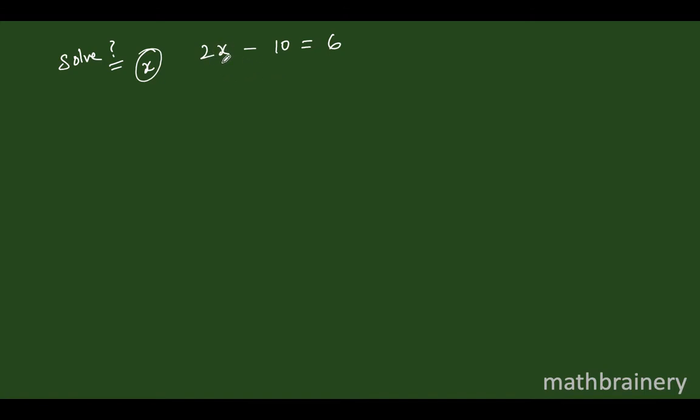Now how do we solve a linear equation? That is, how do we find out the value of this unknown quantity or the variable term involved? We use a logic here, that is, we want to bring all the variable terms on one side and all the constant terms to the other side of the equation. Now to achieve this logic, there are two methods. The first method is called as the method of inverse operations. What is this method? You have 2x minus 10 is equal to 6. This is your linear equation in one variable and the variable term is only on one side of the equation.